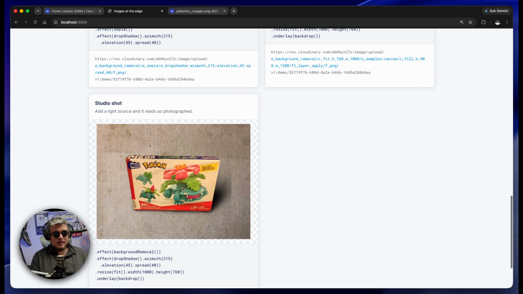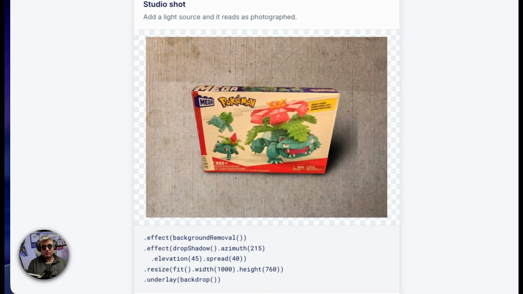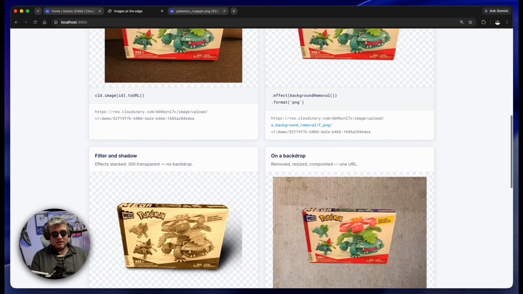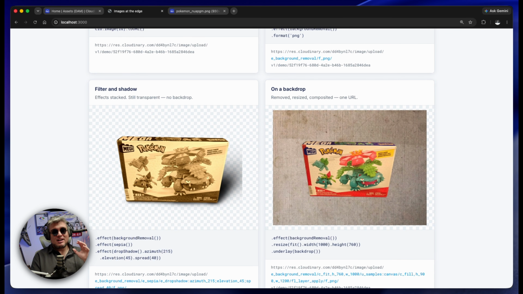That's pretty cool. And then everything combined into one single shot. The original image with the background removed, then a shadow, then resized, then a backdrop. In this particular case, this wooden canvas that I created. So let's take a look at the code underneath this, because you will be surprised at how little code is